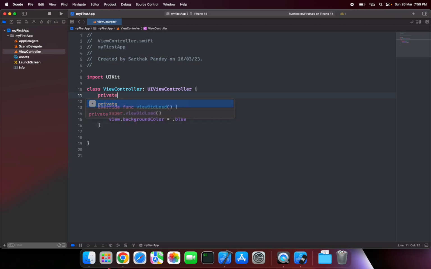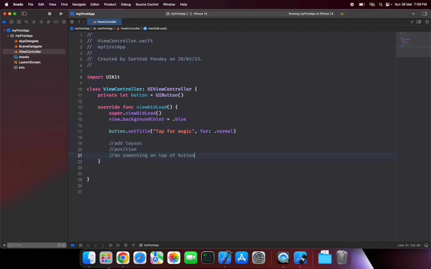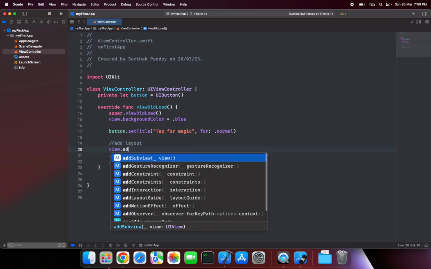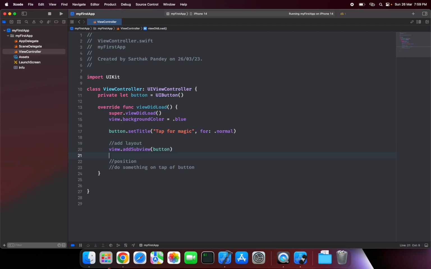So to do that, let's just create a button here. Then we can maybe set the title of button, let's say, tap for magic, state as normal. And now we need to do three things. First is we need to add this button to layout. Then we need to position this button, and then we need to do something on tap of this button. So going step by step, we'll add this button,